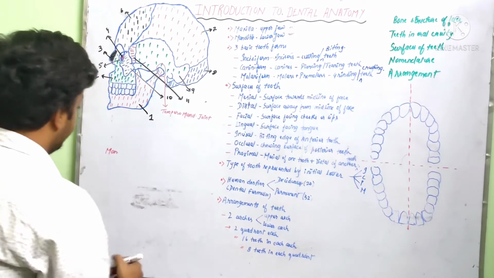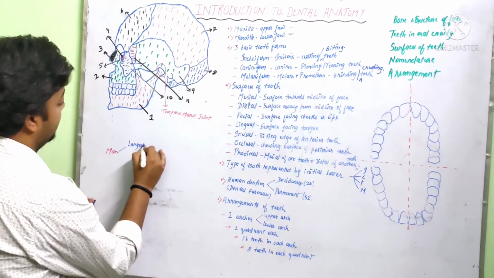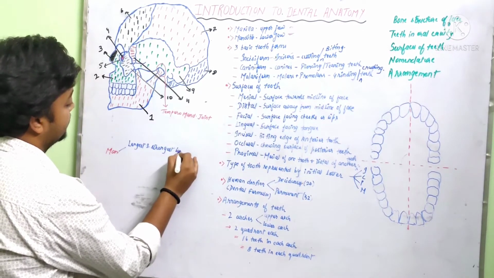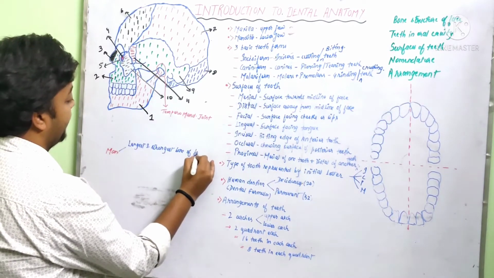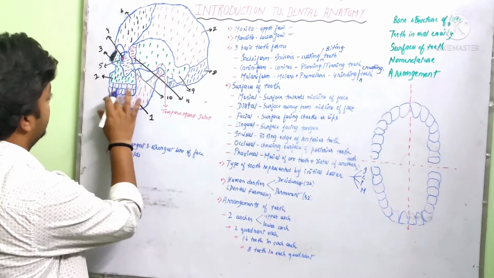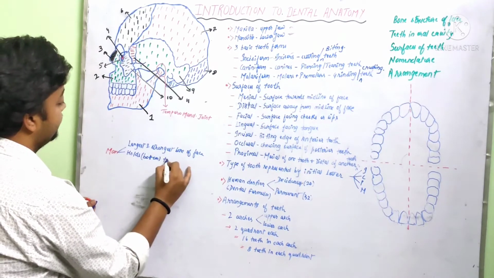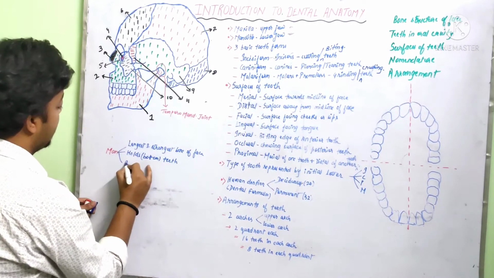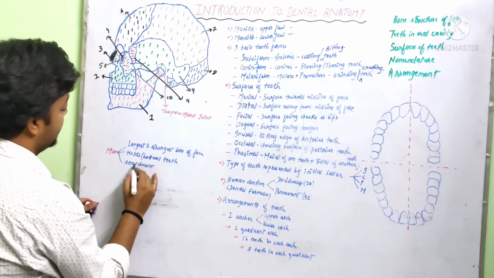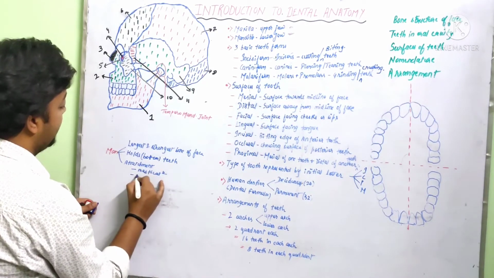So guys, the mandible basically is called the lower jaw, right, and this is, as I told you, the largest and strongest bone of the face, okay. Number second point, this holds the lower teeth, you can see here, or we can say simply bottom teeth. There is attachment of muscles which help in mastication and mouth movement,